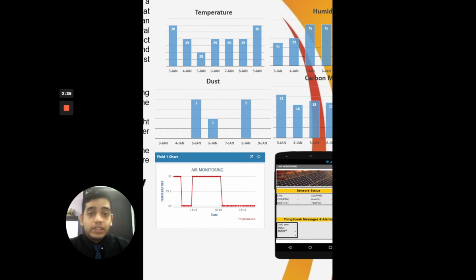On the first day, there was little to no dust recorded. It was recorded in a living room that had been cleaned a day before. On the 5th of January, the dust level increases to 2 because the reading was recorded outside of the house. Thus, the dust level between the living room and outside of the house is different if we compare it logically.